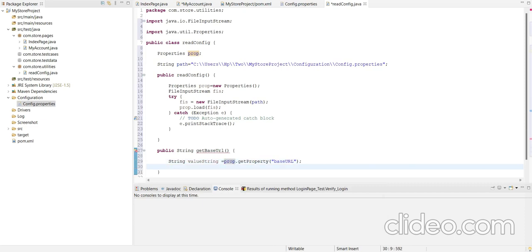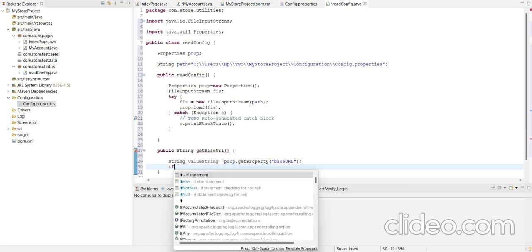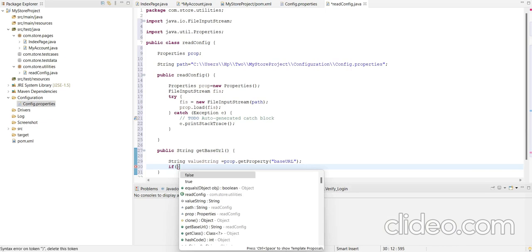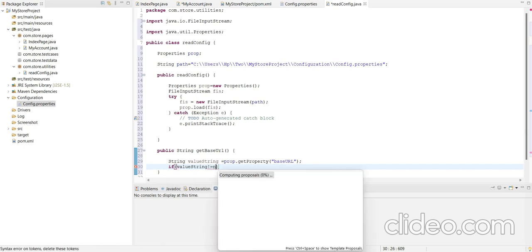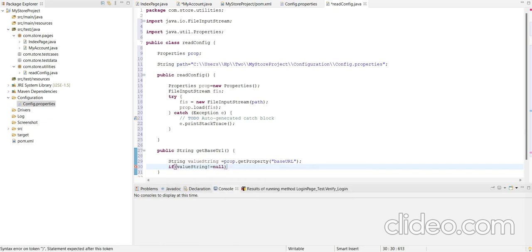Now if the string is null, then it will throw the runtime exception. So we will write here a condition: if the value string is not null, then it will return the value.